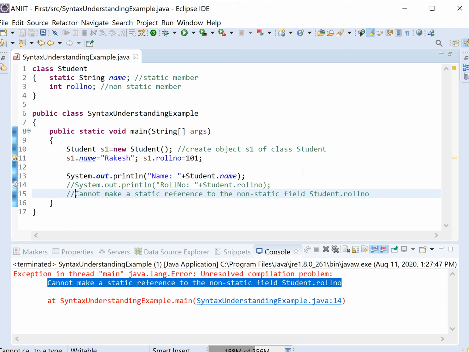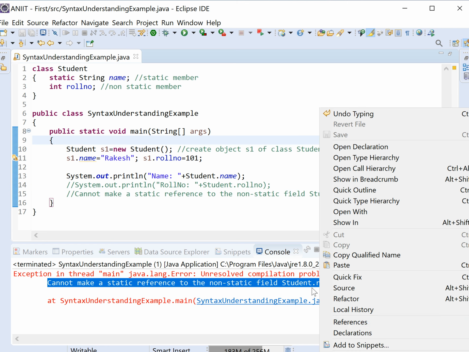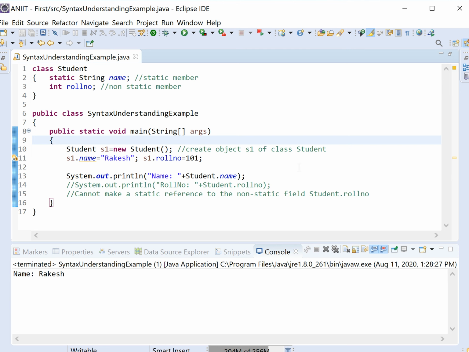It was giving the line number also, line number 14. The error coming at runtime was: cannot make a static reference to a non-static field. The field name was roll number in Student. If this type of issue comes, you have to call it only by object, not by the class name.